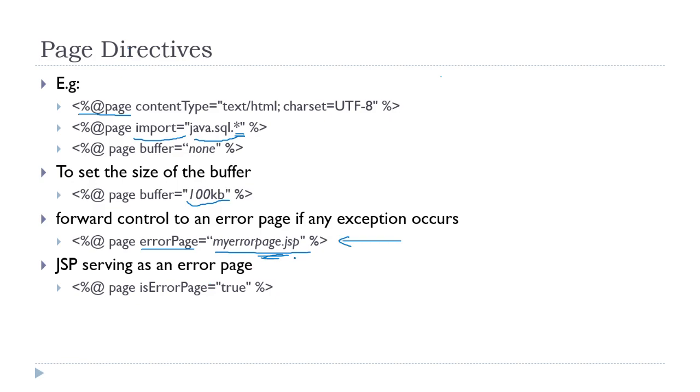Then on myerrorpage.jsp, we will have to write that it is an error page. To denote that myerrorpage.jsp is an error page, we write the page directive with the attribute isErrorPage set to true.